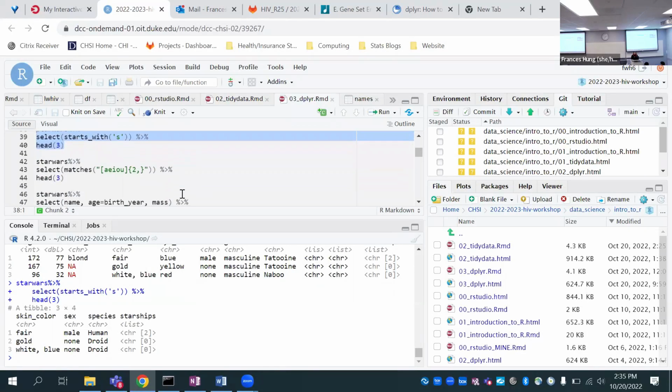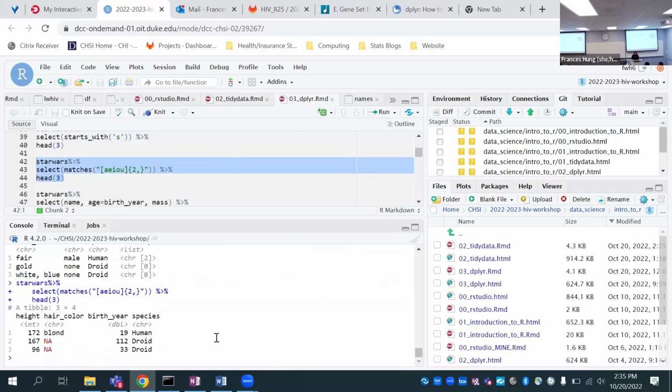We can get fancier and look for columns which match a specific word pattern. In this case, this word pattern is, I believe, anything with consecutive vowels.